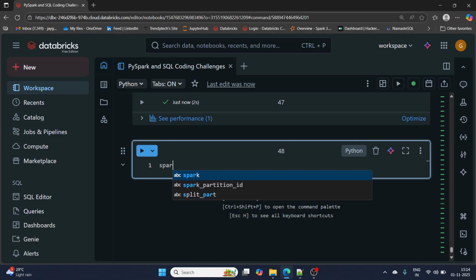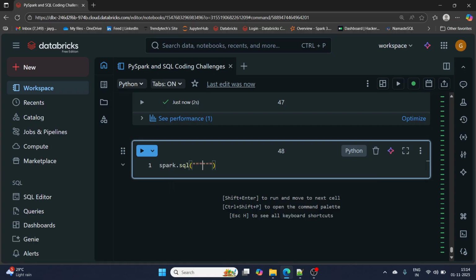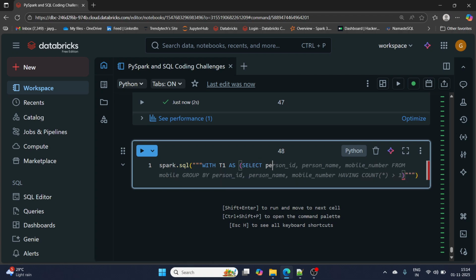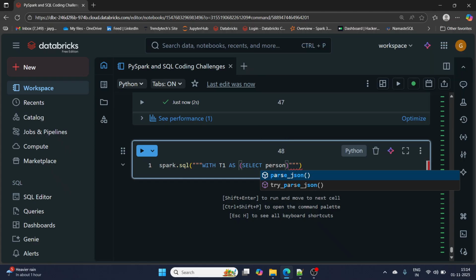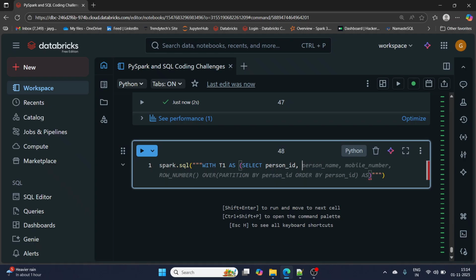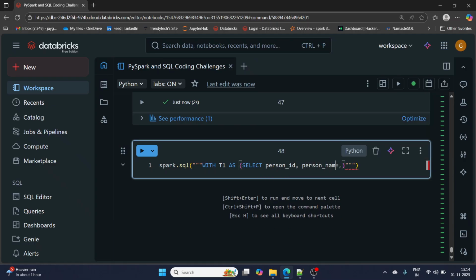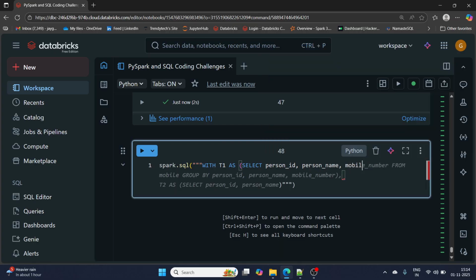Okay, Spark SQL. spark.sql with T1 as select person ID, person name, then mobile number, from mobile.